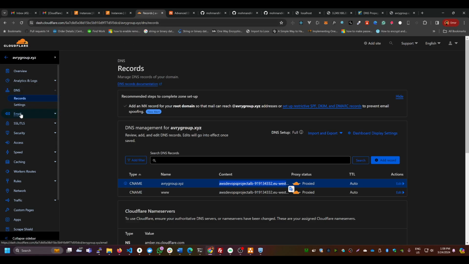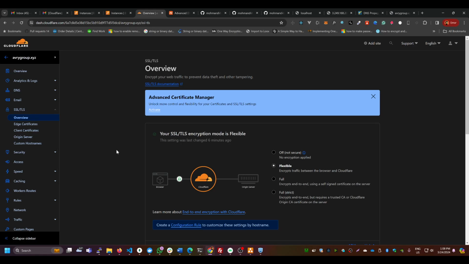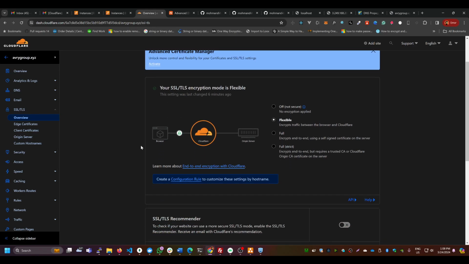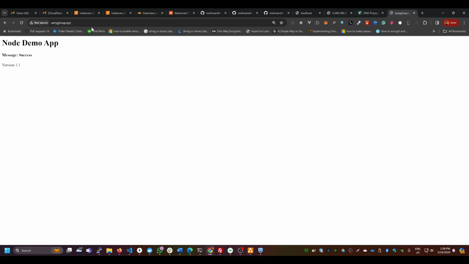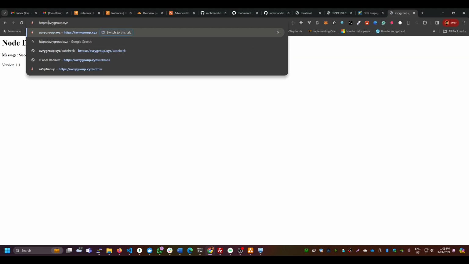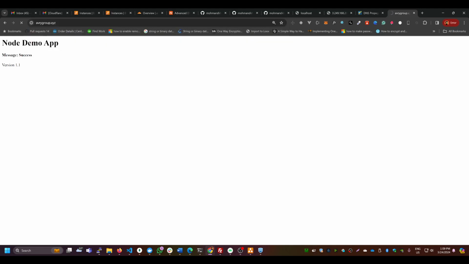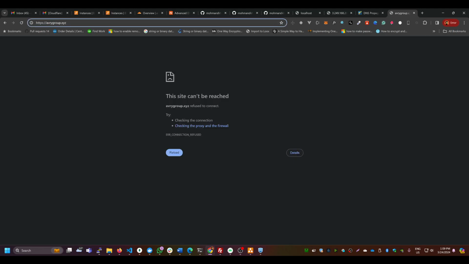In Cloudflare, when you go to SSL, you could do like this. Right now, there is an SSL encryption going on from your browser to the Cloudflare, meaning if I type here like this, see, it should work like this. Let's see if it works. No, it's not working